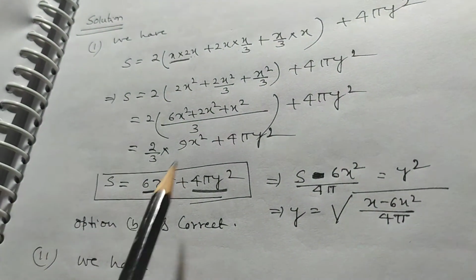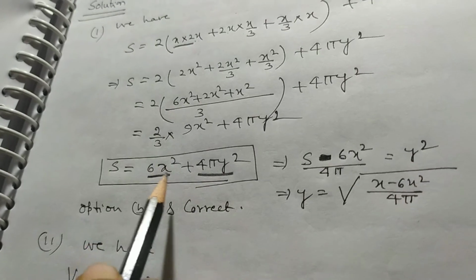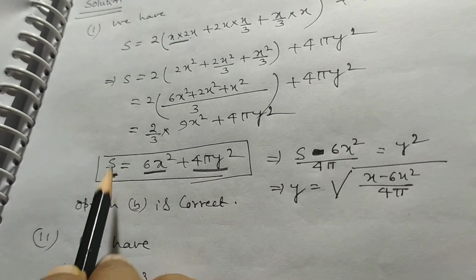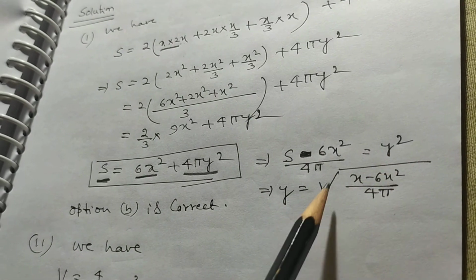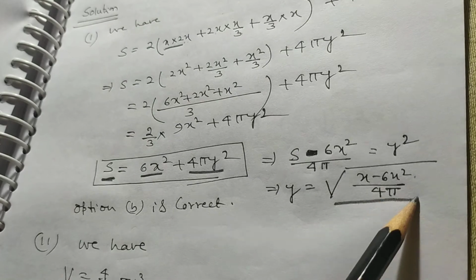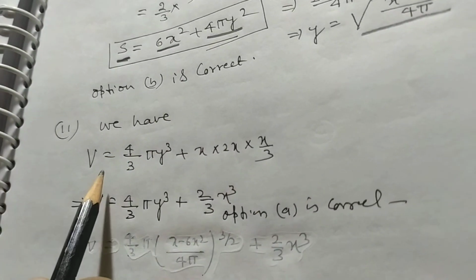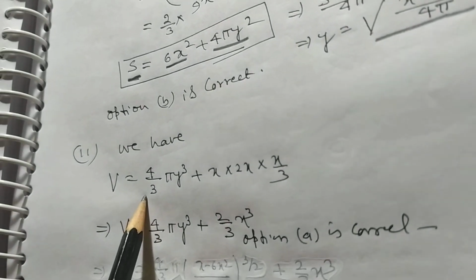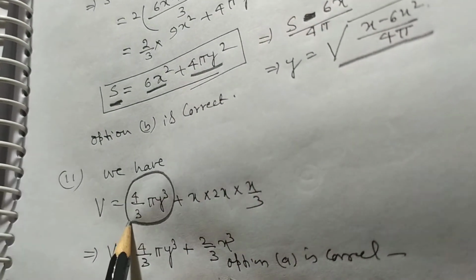So my dear student, now I want to change the variable in term of constant surface area. So we write here y is equal to root over x minus 6x square by 4π. So now volume of this parallelepiped is 4 by 3 pi r cube, volume of the sphere,